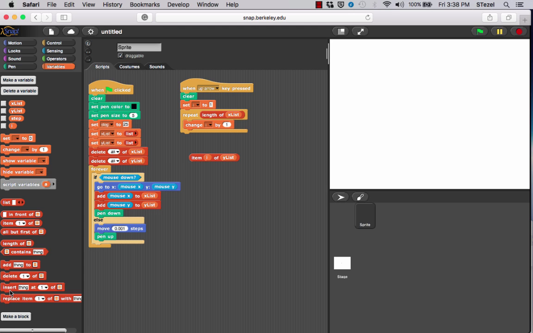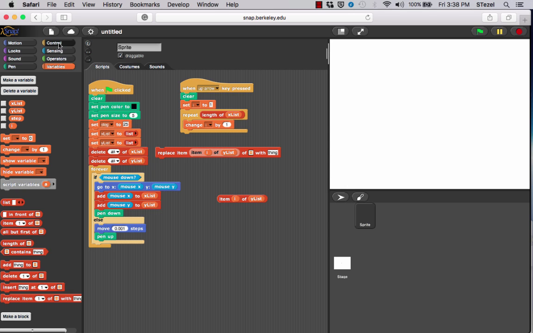Okay, and then what I'm going to do is I'm going to set it. Actually, sorry, I can't do that here, but I'm going to do it here. So replace the ith item on the Y list, and let me make a copy of this before I control click on it and I duplicate it. Let's see if it's going to work. Okay, it's not cooperating, but it's not too hard to create, so I'm going to do that again. So replace the ith item of the Y list with, again, the ith item of the Y list